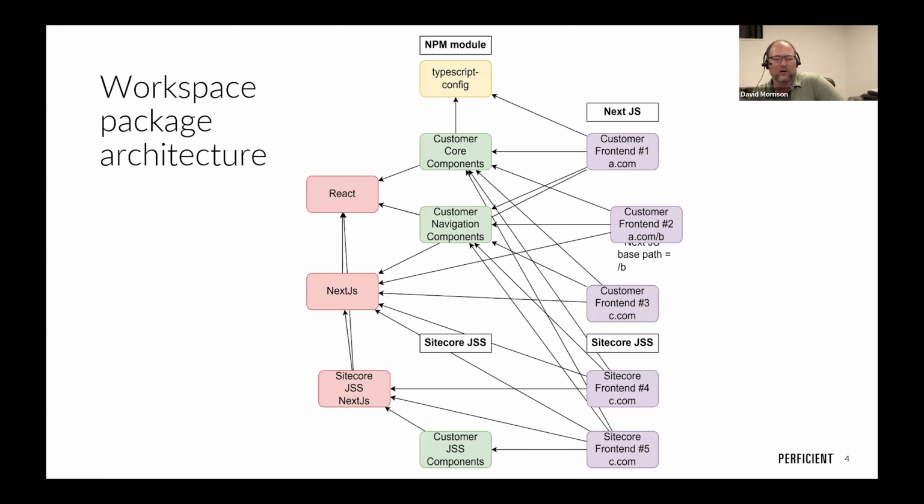In the center column is all of the core packages that we're going to create. The very first thing we'll do, for convenience, is create a package for our TypeScript config. I'll talk more about this later, but this is basically to standardize your TypeScript config across a larger solution structure, a larger workspace. In the first example, we'll create just a couple types of packages to share across all our sites.